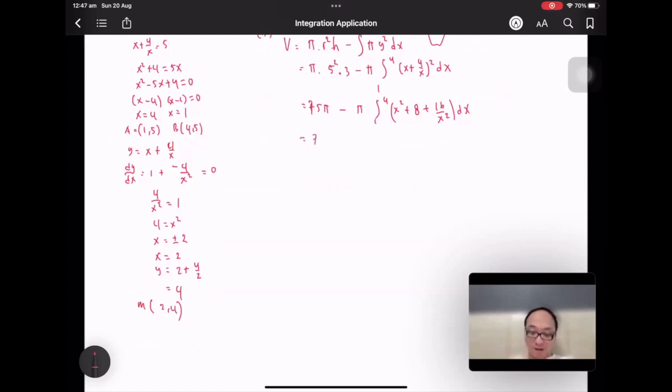So equals to 75 pi minus pi [1 over 3 x cubed plus 8x